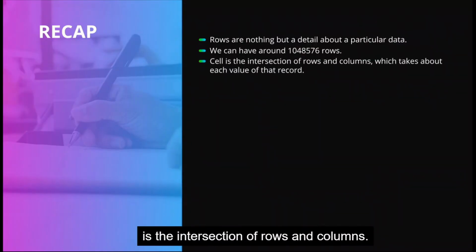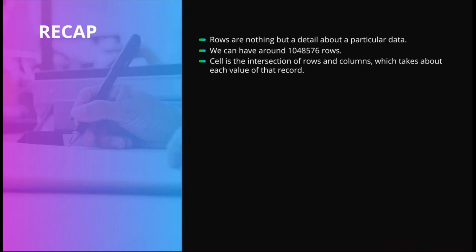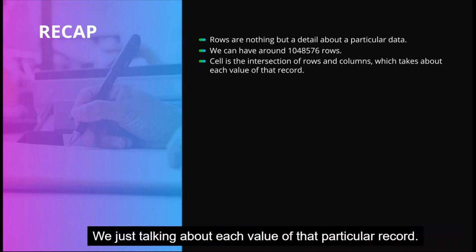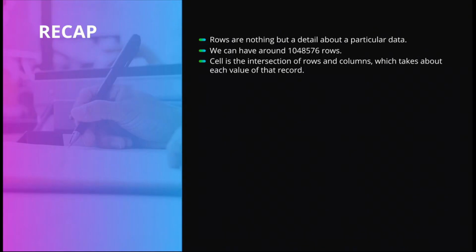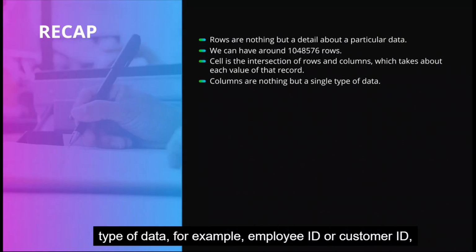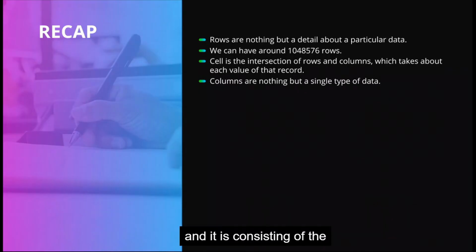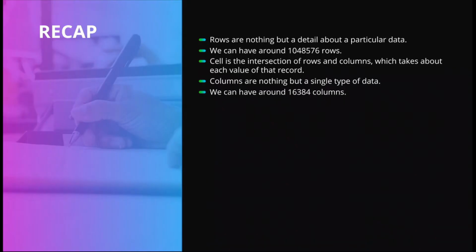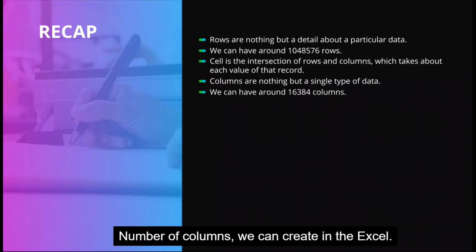A cell is the intersection of rows and columns, which is talking about each value of that particular record. And columns are nothing but a single type of data, for example, employee ID or customer ID, and it consists of the same type of data. There are 16,384 columns we can create